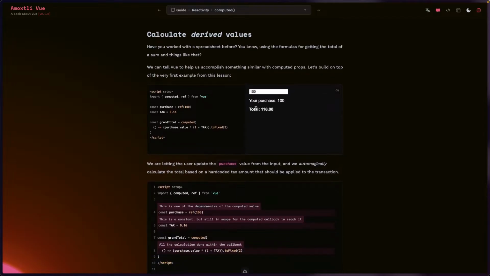Yeah. So in what other way would the computed properties be helpful? Calculating derived values, right? And I think I play around with the words calculate and compute a few times in the text just to drive the point, I guess. But yeah, so going back to